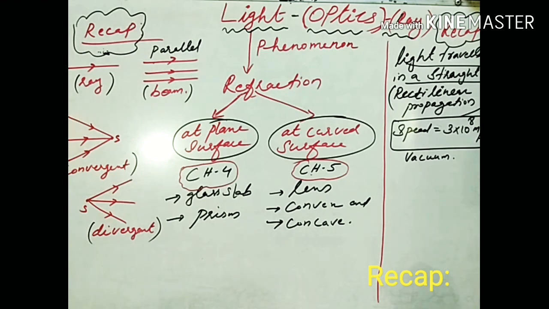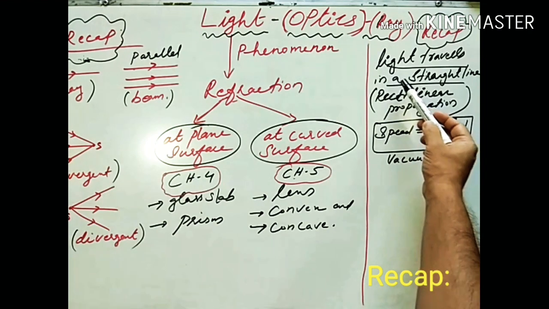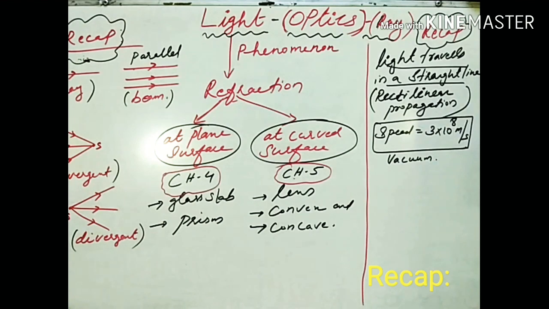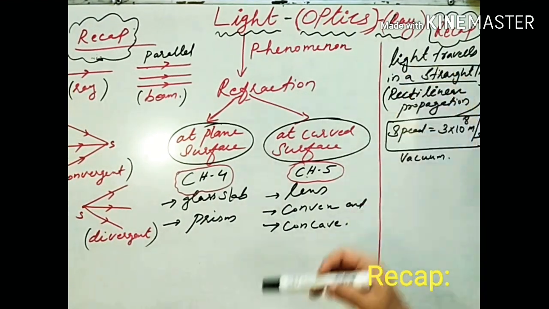And have you ever observed a beam of sunlight shining through a small gap or hole into a dark room? In a cinema hall, you may have noticed how the light from the projector falls on the screen. In both cases, light seems to be traveling in a straight line. So light travels in a straight line. So we call it as rectilinear propagation of light. So the propagation of light or traveling of light in a straight line, we call it as rectilinear propagation of light.